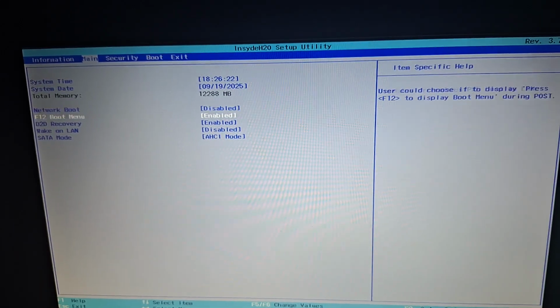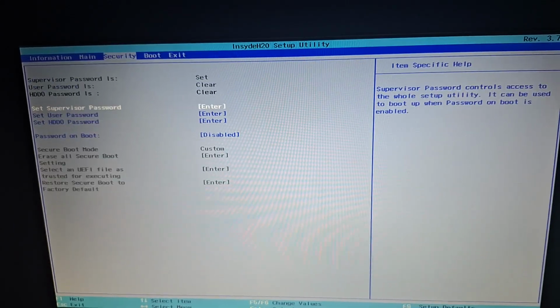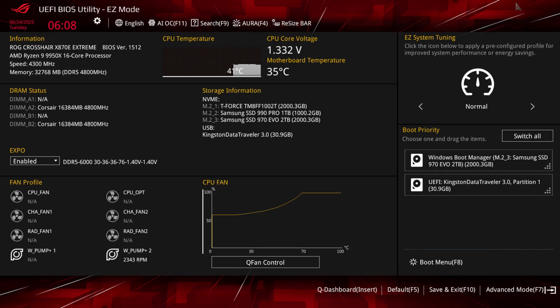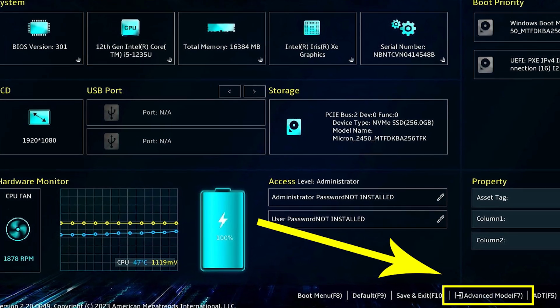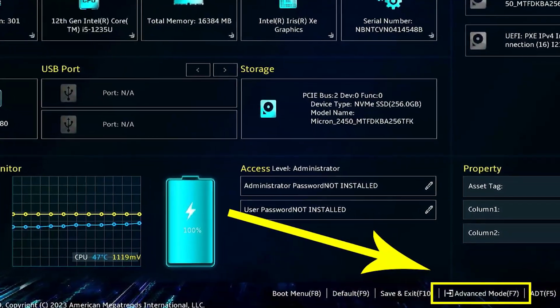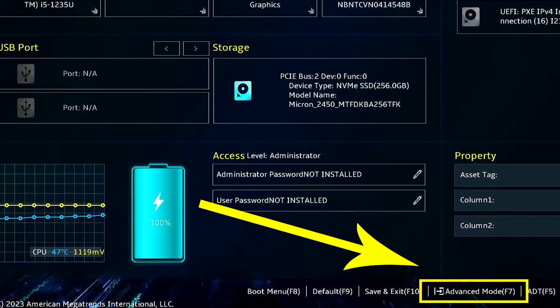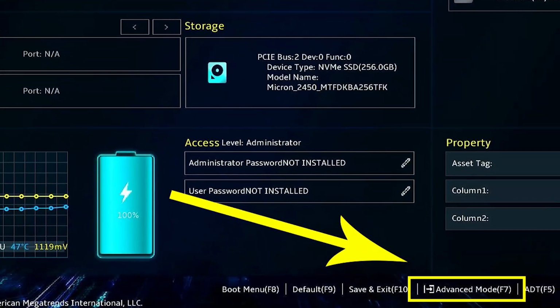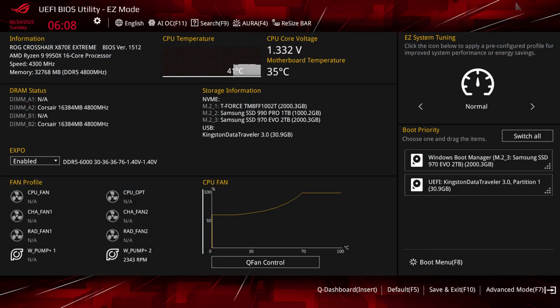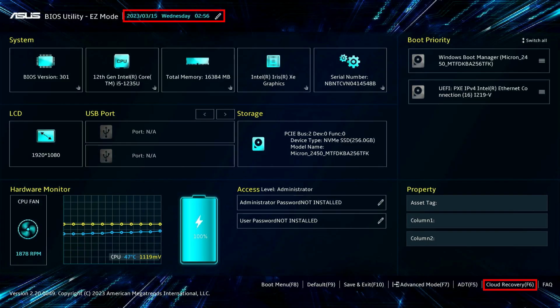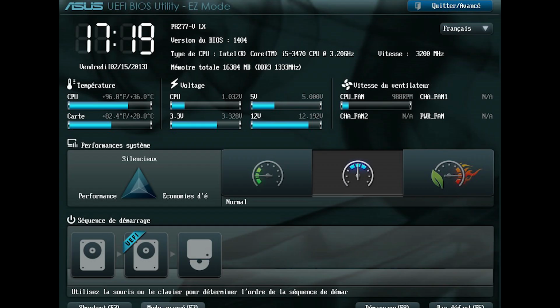In Legacy BIOS, all settings are accessible from a single screen, while in UEFI BIOS, there are two different screens. The first one is called Easy Mode. It is more visual and shows the basic BIOS settings in a summarized form. The second screen is called Advanced Mode, which you can access by pressing the F7 key, and it contains all BIOS settings. While Legacy BIOS has a largely standardized interface, UEFI BIOS may differ in design and language depending on